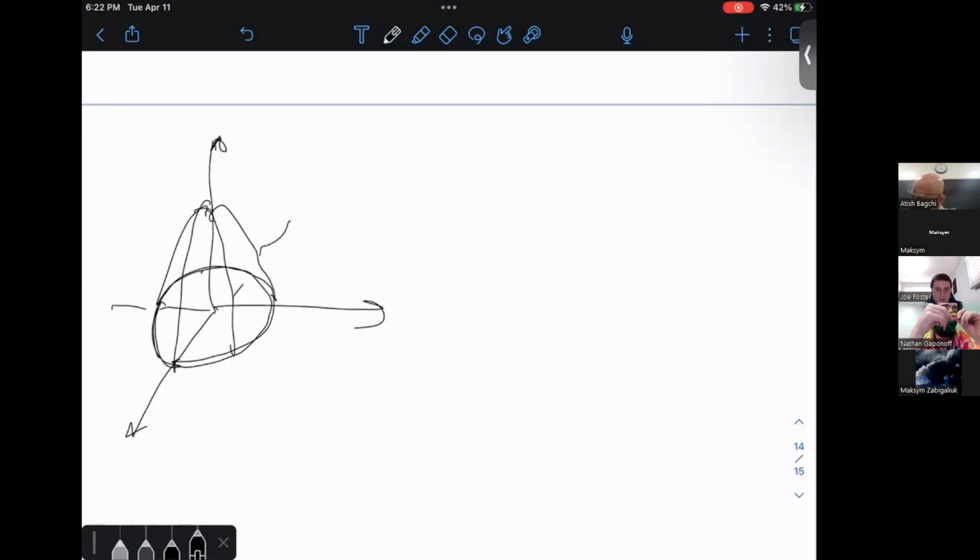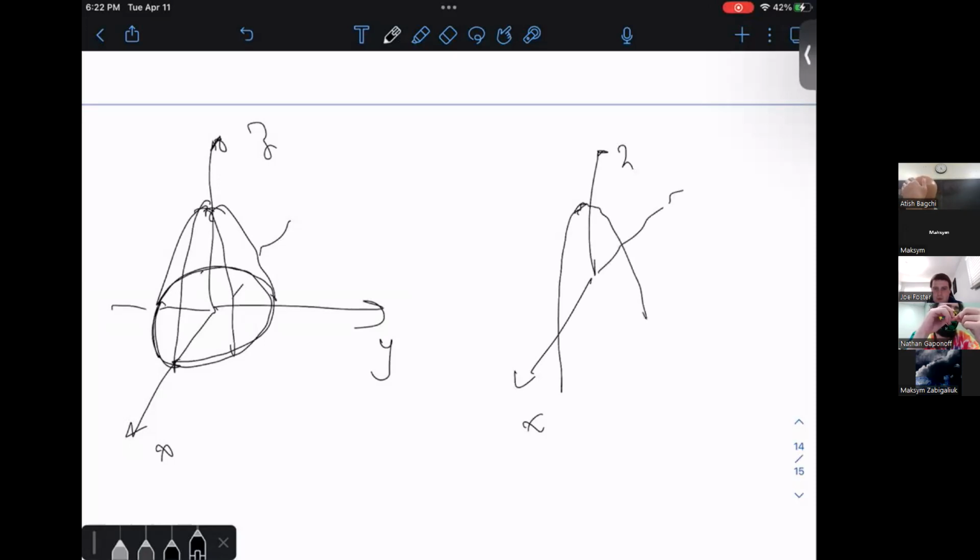This is a paraboloid opening downwards. Now, how am I going to write this down? So x, y, z. If this is the z-axis and this is the x-axis, and if this is the paraboloid that I want to consider,